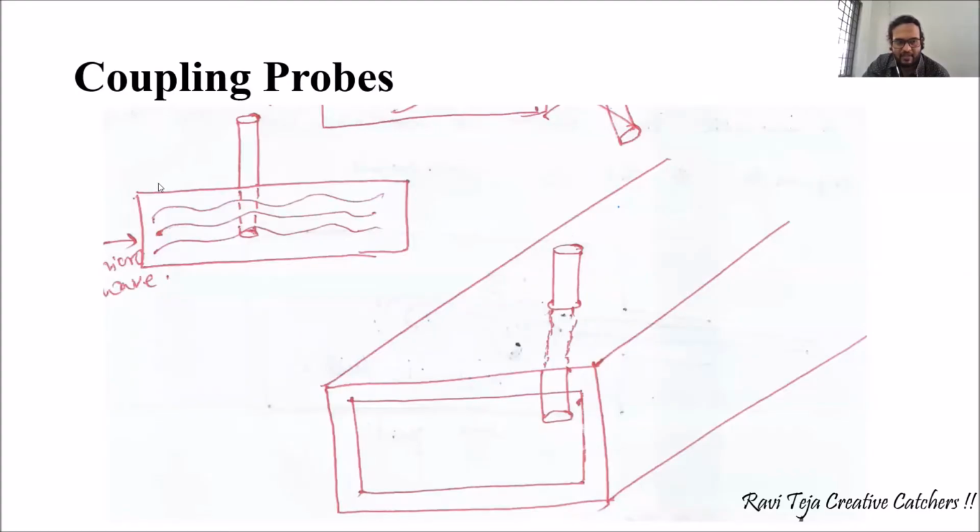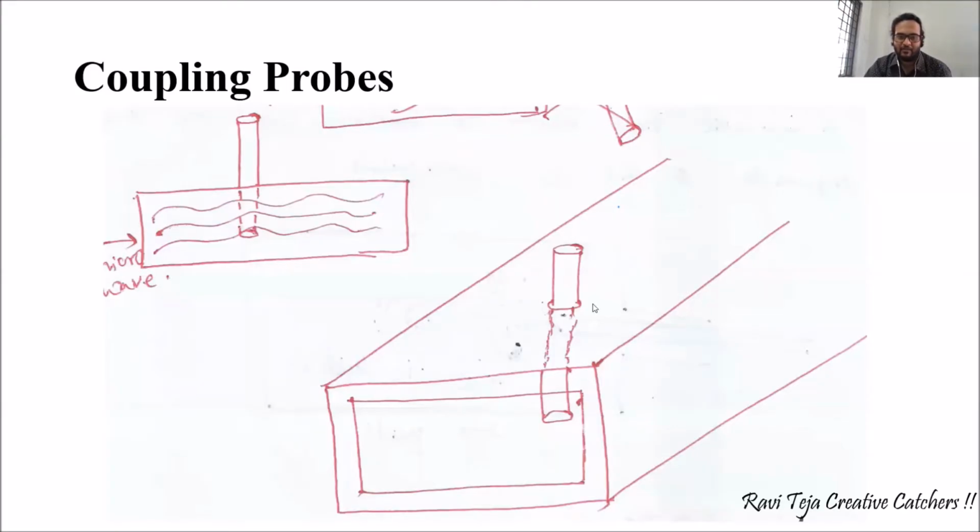Okay, so if you see here, this is a tube which has got some energy in it, and if at all you want to input some energy or take energy out, you will be using a pipe-like structure inserted into this particular waveguide or cavity resonator, either to take the signal out of that cavity resonator or waveguide, or to insert some signal through it. This probe is nothing but a wire kind of structure or a pipe kind of structure which is used as an antenna.